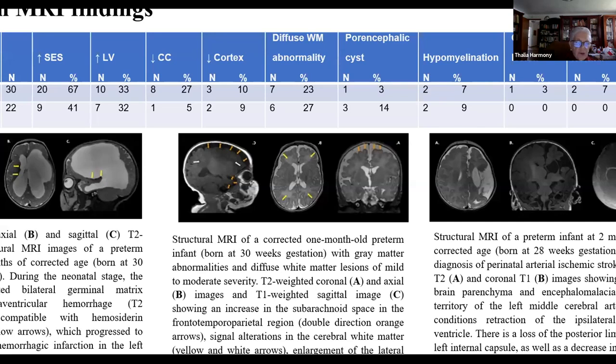Here, I may show you the main MRI findings. The main MRI findings were an increase in the subarachnoid space. And we can see this in this MRI, in which the orange arrows are indicating the great space between the bones and the cerebral cortex. The other very frequent finding was diffuse brain abnormality. This can be observed here, for example, looking at the white arrows. And also here, for example, we have small hemorrhages